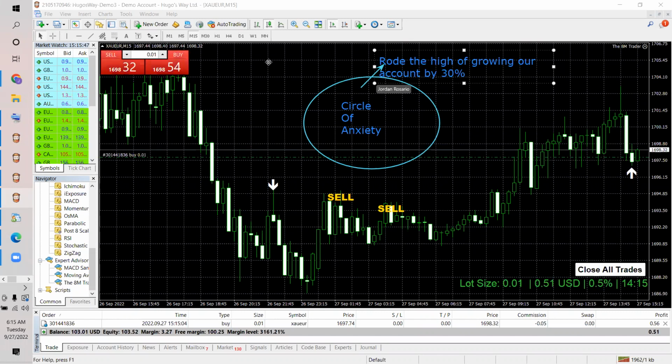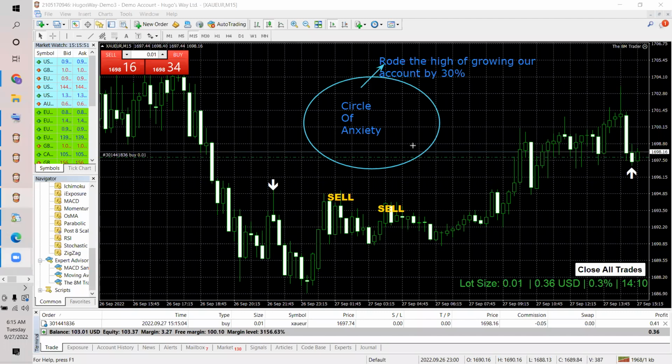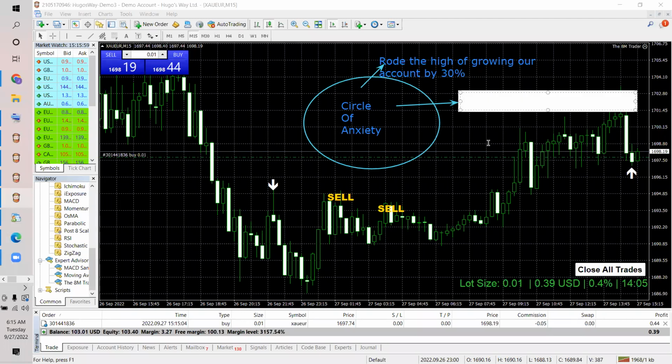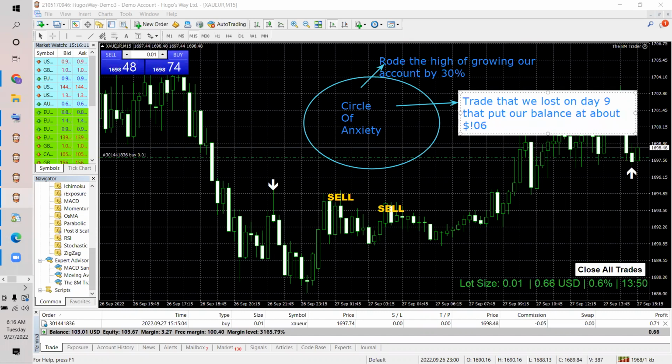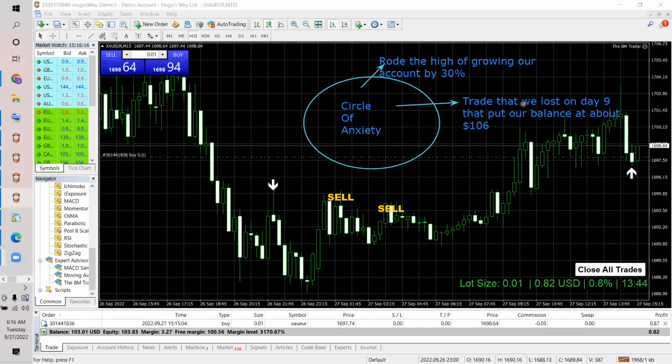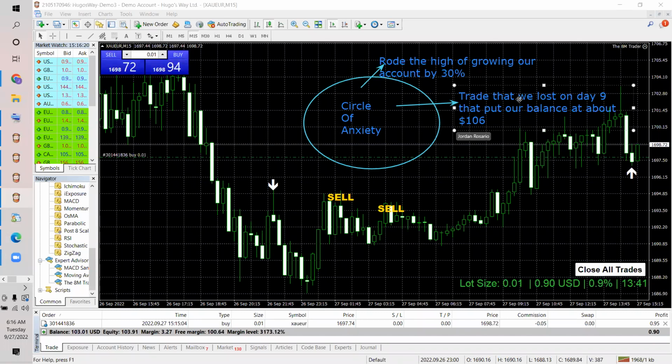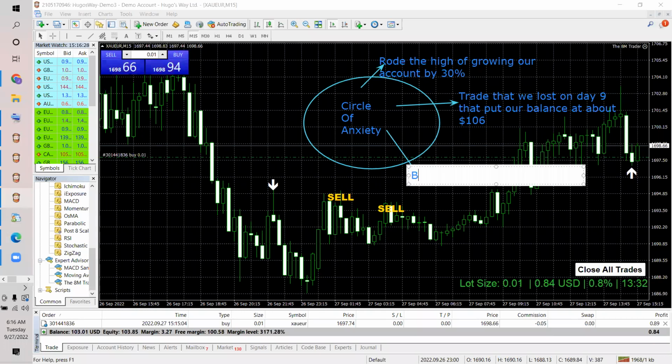Then what happened? Then we saw that there was a trade that we lost on day 9 that put our balance at about 106. So we still had about a 6% account balance at that particular point in time. And through all that, we still didn't deviate away from the strategy. So then, we come to this point where we had a couple of back-to-back losing